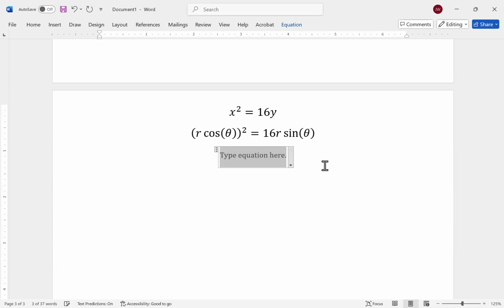On the left-hand side, we get r squared times cosine squared of theta. On the right-hand side, I'll just leave that as 16r times the sine of theta. If I want to solve for r in this case, I don't want to pull both terms onto the left. In this case, what I would do is divide both sides by r to begin with, since all of my terms involve an r squared and an r. So one of them involves an r squared, one of them involves an r. So divide both sides by r, we would get r times the cosine squared of theta